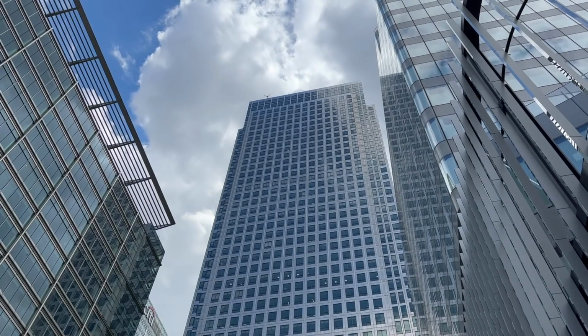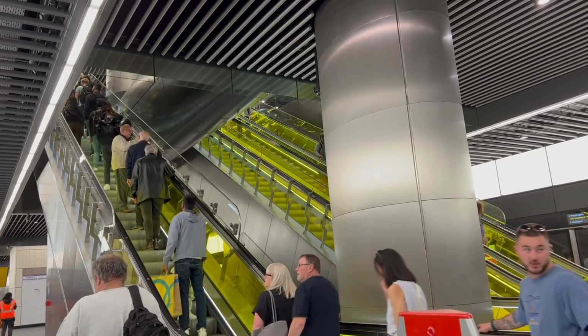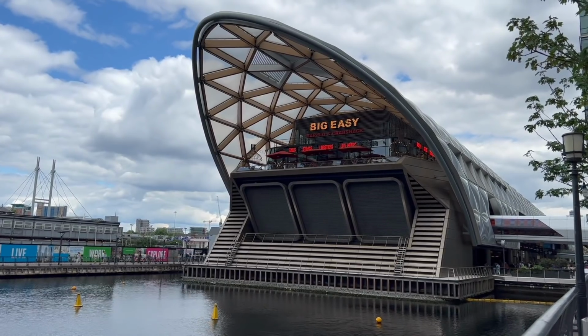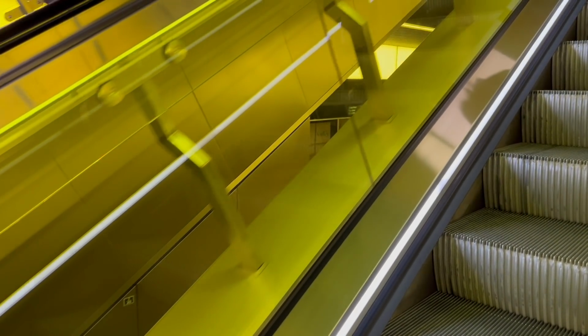Canary Wharf is a place of steel and glass, and so too is the station, which is constructed inside an artificial island within the West India Dock. An artificial island in an artificial pool. How very postmodern. The station also has canary yellow accents on the escalators, and some of the panelling is a